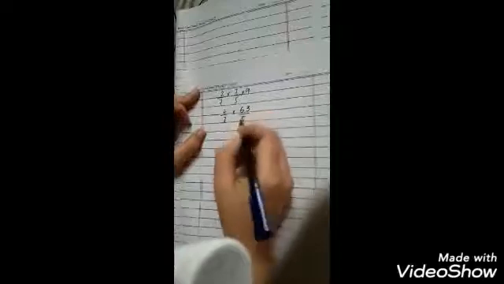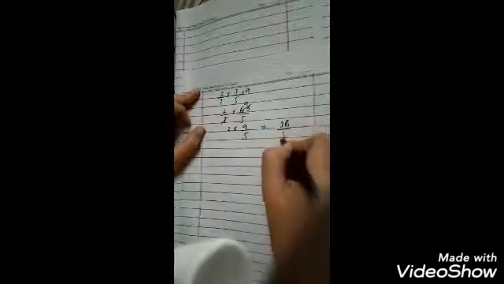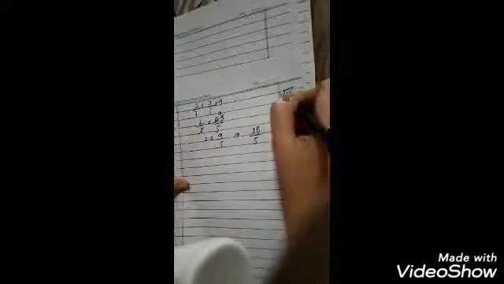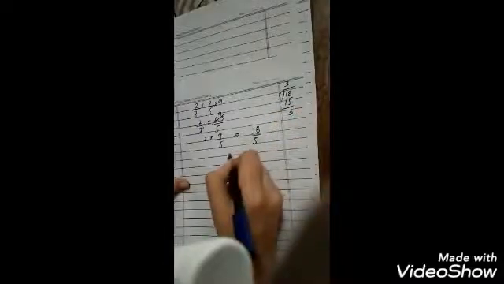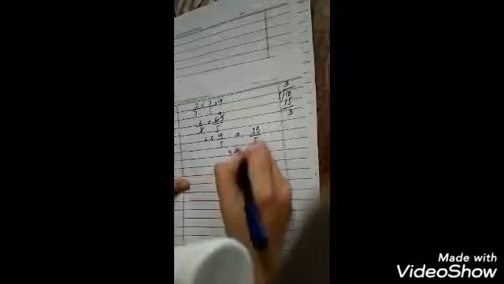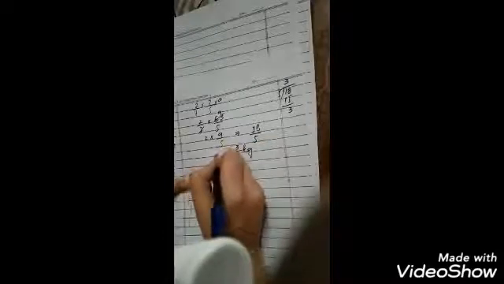Now 2 by 7, 9 by 7 times 63 by 5, 7 by 9 times 63, 2 multiplied by 9 by 5. Both are in front of each other, so both will be multiplied. That is 18 by 5. Same criteria. 5 by 3 times 15, 3. That is 3 whole 3 by 5 kg mass, which is required.